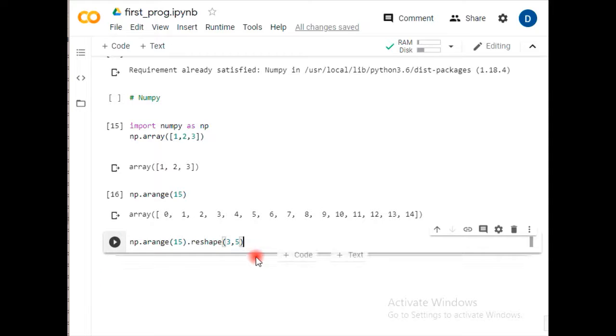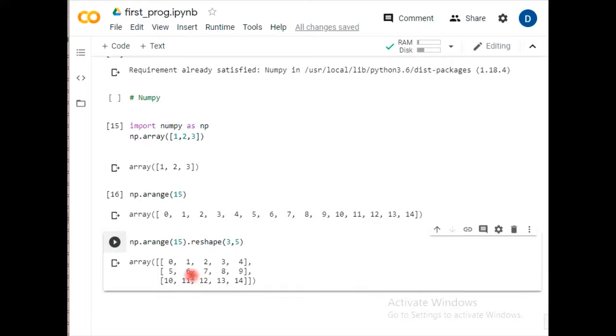So it is changing the dimension with this. See, from 0, 1, 2, 3, 4, which was a one-dimensional array over here, now it has become 0, 1, 2, 3, 4, 5, 6, 7, 8, 9, 10, 11, 12, 13, 14, converted into basically another dimension.